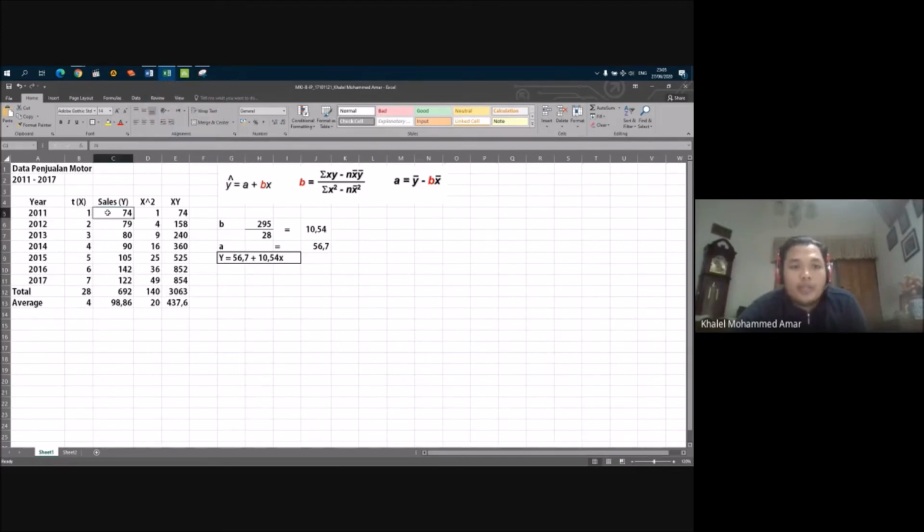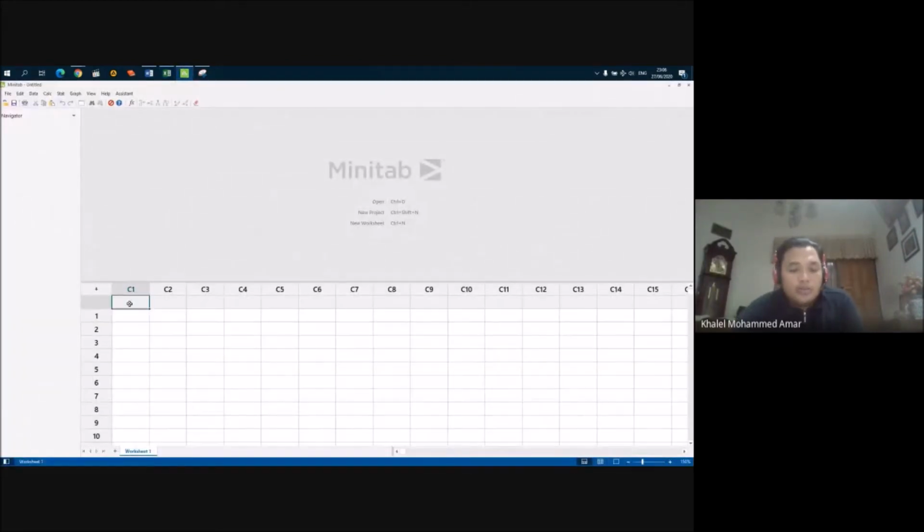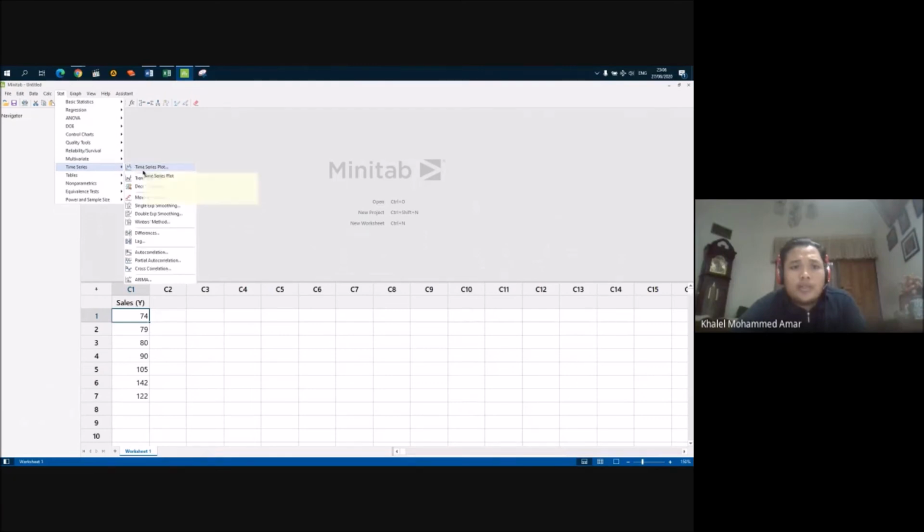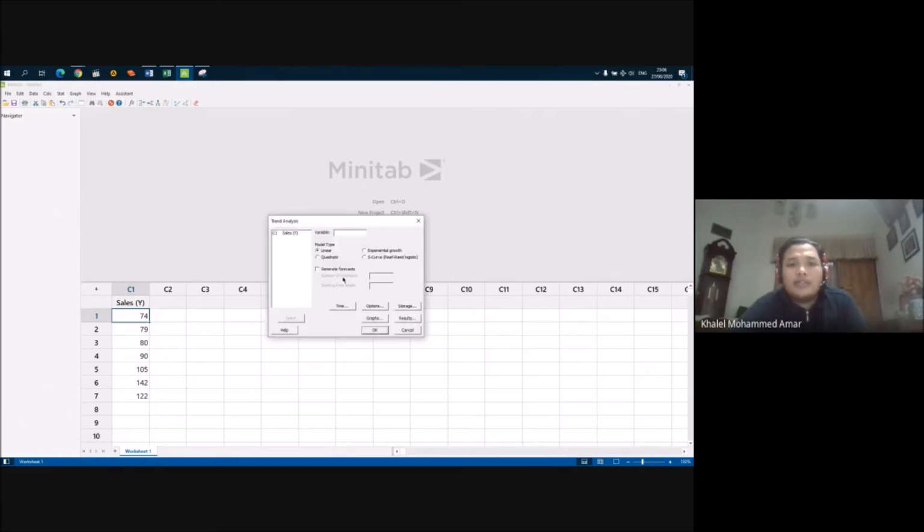So first we need to copy this data. Control C and copy it to Minitab. If we have already copied it to Minitab, we can move to Statistics, Time Series, Trend Analysis. So we select, okay.